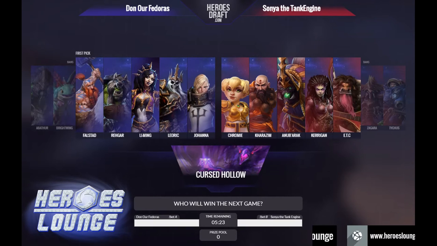And they pick up Johanna for extra damage, and the Chromie pick from Sonya the Tank Engine. Alright, Sonya the Tank Engine delivering here in the draft with a Chromie pickup. I like it. Could be nice, could be awesome. Chromie on Curse Hollow, with the shrine, with the tribute fights, is a pretty good map for her. That could be a lot of damage coming the way of Donna Fedoras. Of course, with Rhaegar they have a goodish, I would say. Kind of a good...